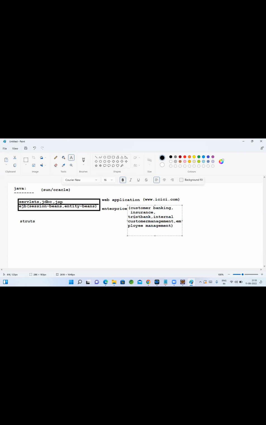A lot of business is handled in such applications. A simple web component, a servlet component, may not be enough to build such large business. We'll discuss why.